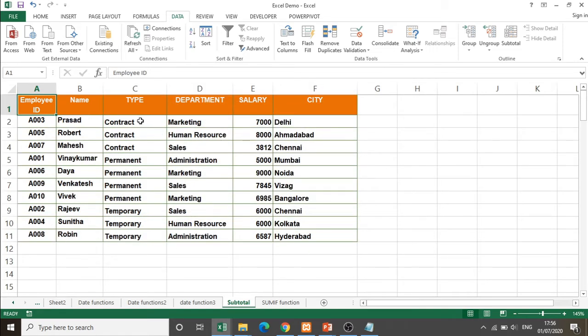Observe this, the records are now sorted based on the column type. You can see the groups put together: contract is together, permanent and temporary. By making use of such logical groups, you can find the subtotal for the group items.